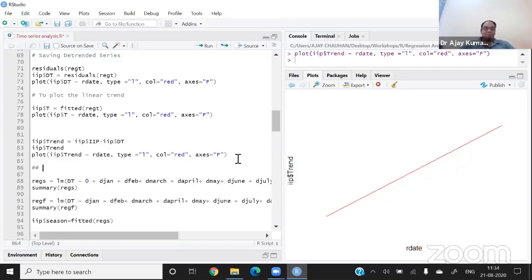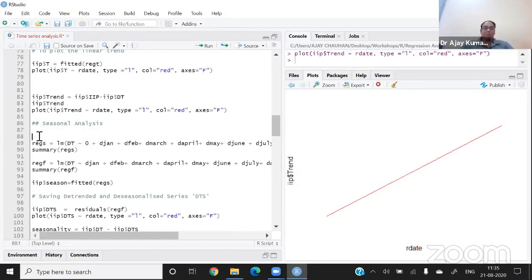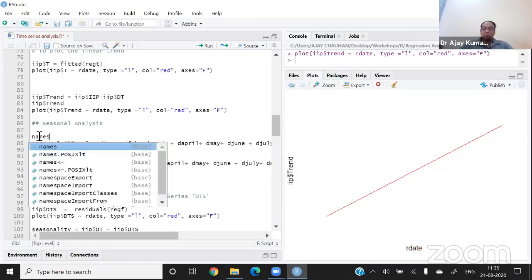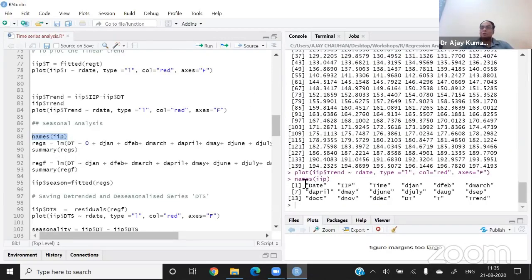Seasonal analysis. Now in seasonal analysis, you know that we have to use the dummy variables which I earlier showed in the data set. So once again, I am showing you the data set, let's say the name of the file is IIP, and if you see the variables in the console,